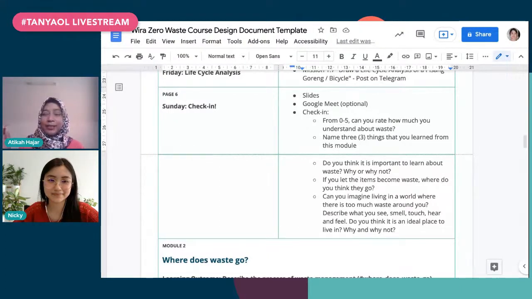It doesn't make sense, the structure. So I have to rearrange slightly, put it in a different module, and it didn't necessarily follow what my initial plan was. So that's the whole point of the design document.